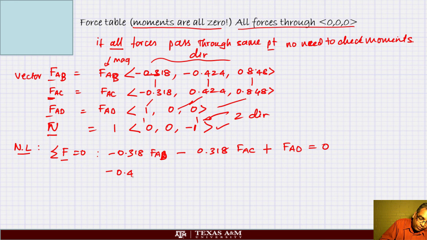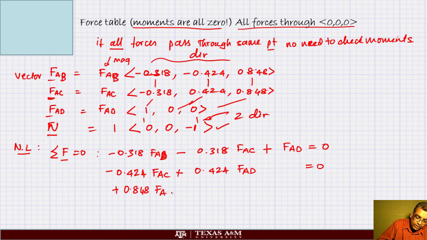Minus 0.424 FAC plus 0.424 FAD equal to 0. Then the last one gives 0.848 FAB